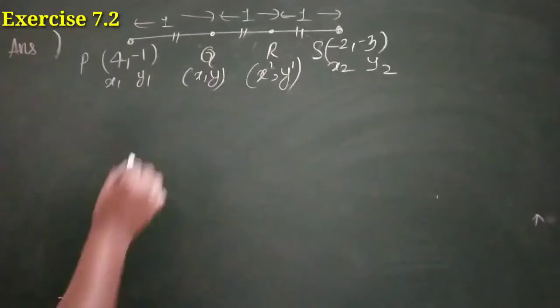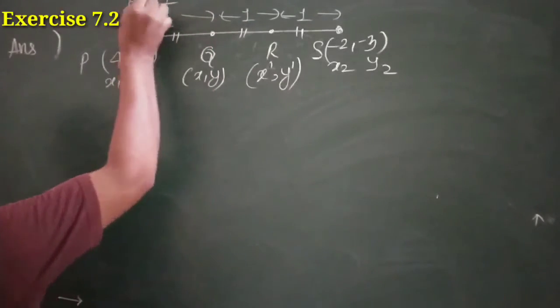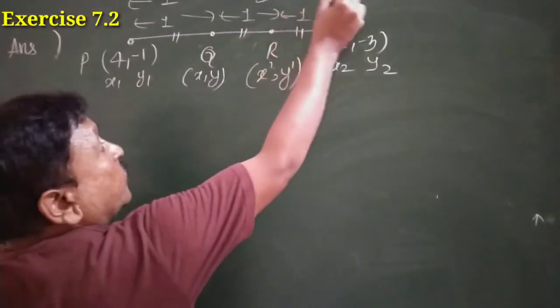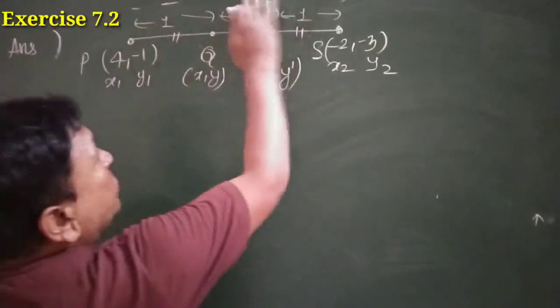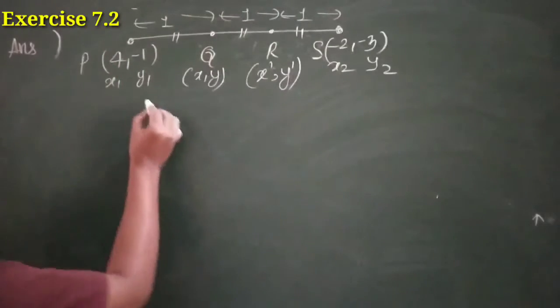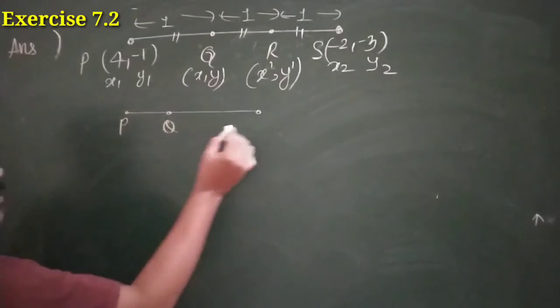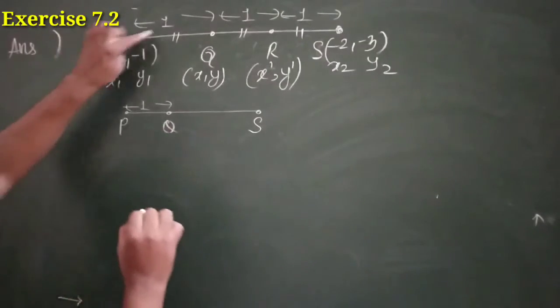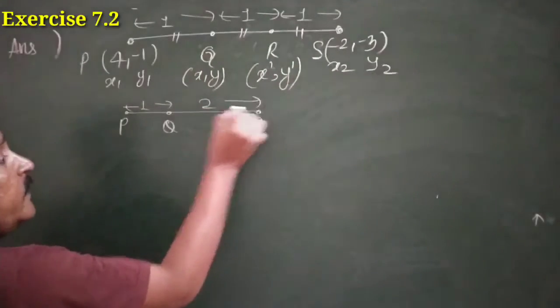Okay. So first of all, we have to find out the coordinates of either Q or R. So we can find out Q from P to Q. It is 1. Okay, clear? And from Q to S, 1 plus 1. So this part will be 2. Just see on the board how I had taken the ratio. Is it coming clear or not? See, I am showing it again. See here. This is P, this is Q, and this is S. Okay? From here it is 1. P to Q it is 1, and from Q to S 1 plus 1. So its ratio will be 2.